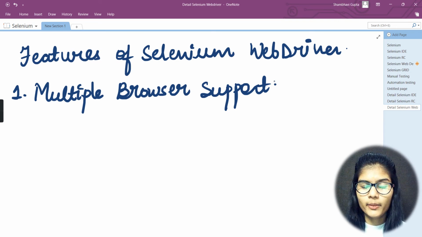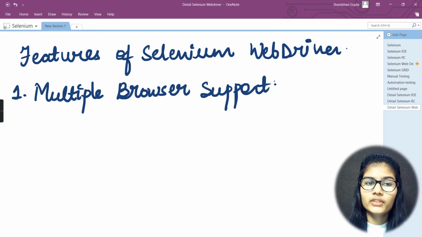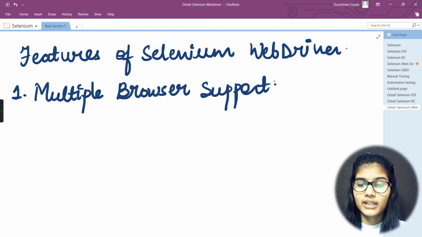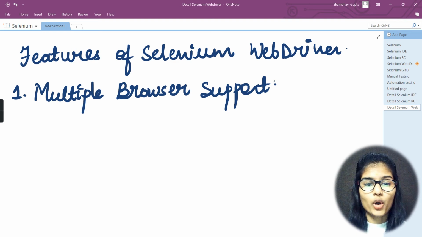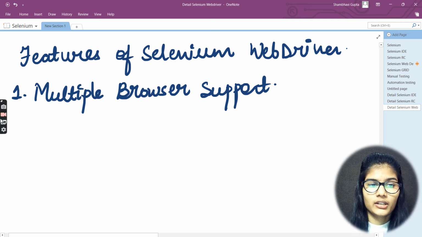It works with many browsers. You take Google Chrome, Mozilla Firefox, Internet Explorer, Safari. It supports all of these different browsers. So we could simply say that Selenium WebDriver supports multiple browsers, and this is one of the important features of the Selenium WebDriver.